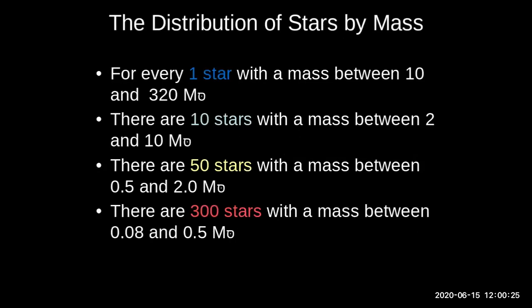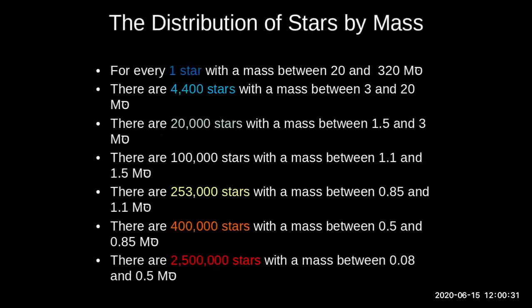Distribution of stars by mass. Now, don't write this. I have a better one for you. Look at this. You're not going to have to know this, but just listen to this. It says, for every one star with a mass between 20 and 320 solar masses,